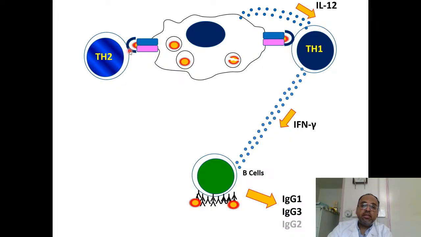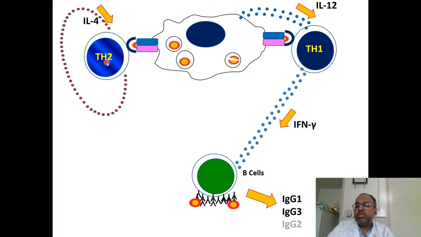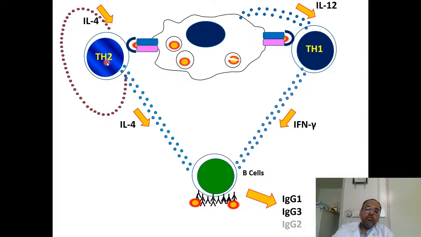Well, if you present an antigen to T cells, but do not give them interleukin-12, the T lymphocytes will gradually start differentiating themselves towards something which is called T helper 2. And T helper 2 produces interleukin-4, which accentuates this process. It increases the production of T helper 2 cells until they produce a lot of interleukin-4. And interleukin-4 would tell B cells to produce IgE, because IgE is more relevant in here. Well, what else do we have?